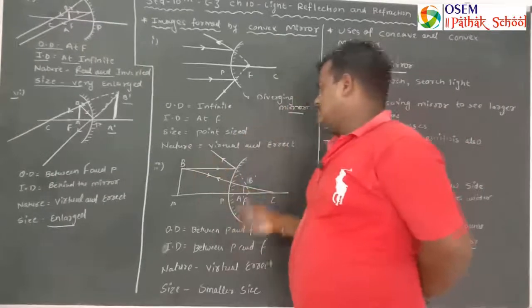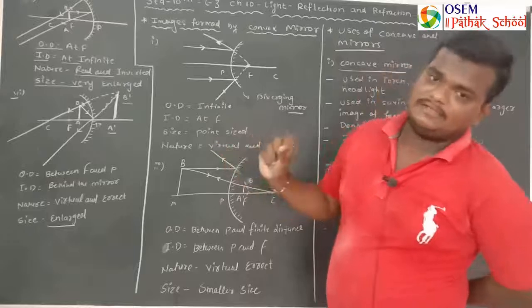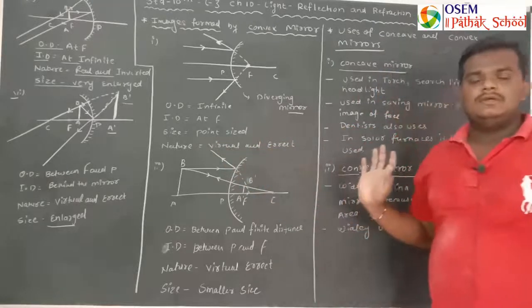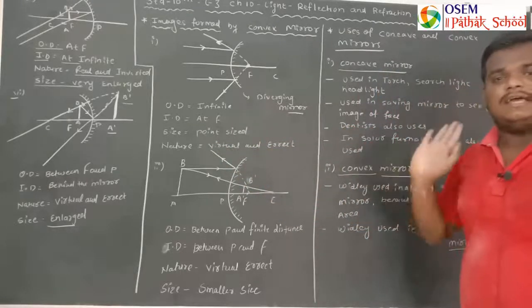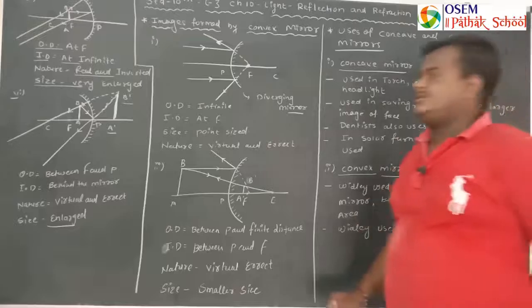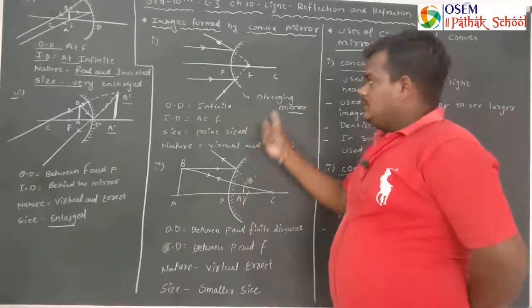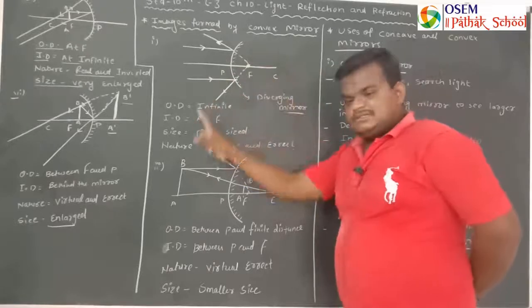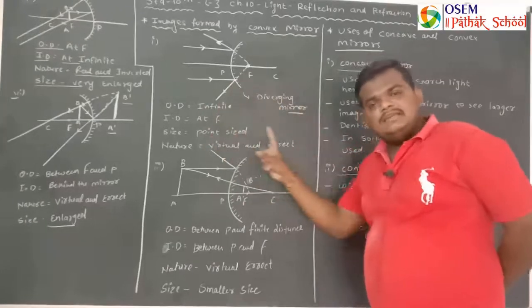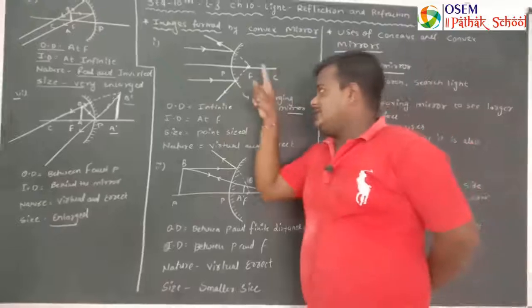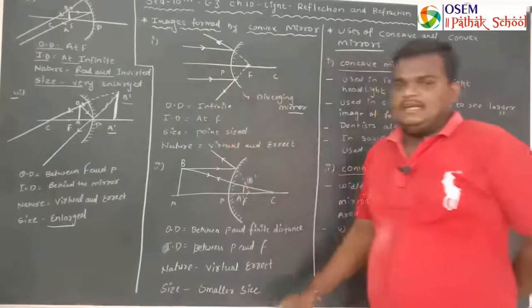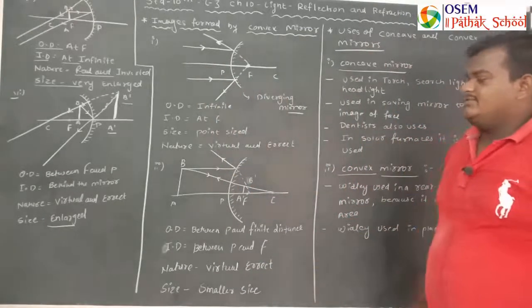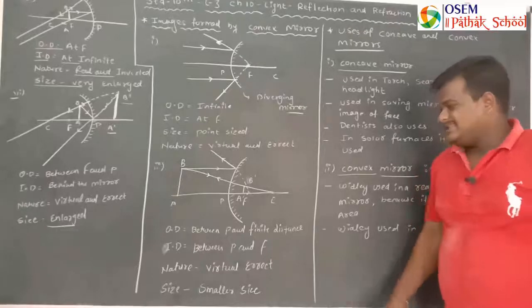And nature, virtual and erect. Virtual and erect means as it is, as the object is placed in front of the mirror. So this is the first case of the convex mirror. Image is formed by the convex mirror, and in that case the first case is that the object is placed at infinite distance. In the second case,